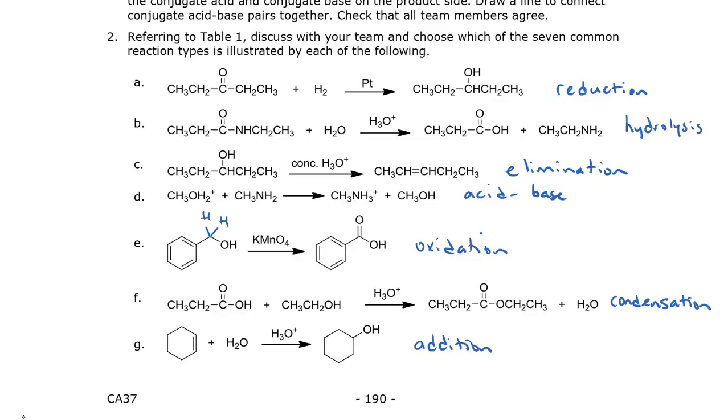All right, and we have addition. Addition of water, an H added to one carbon, and an OH added to the other. We didn't show the H added because we don't have to, but there are actually 2 hydrogens there where there was only one over here. There was one here, and there's also one here. But the shortcuts don't show all the hydrogens. All right.